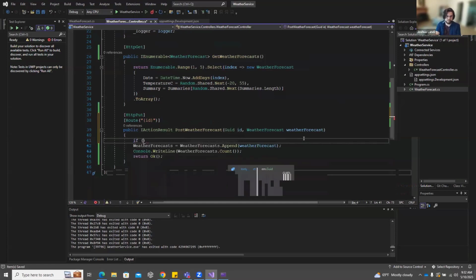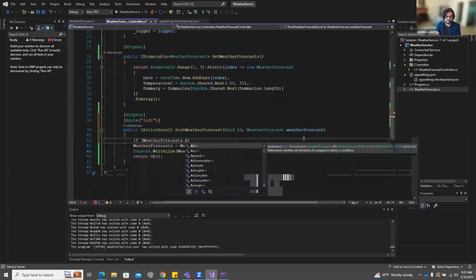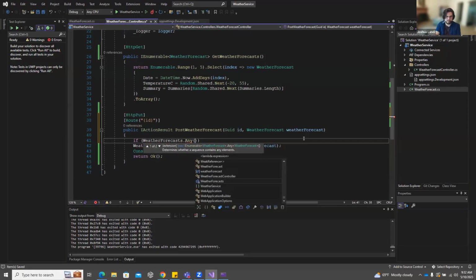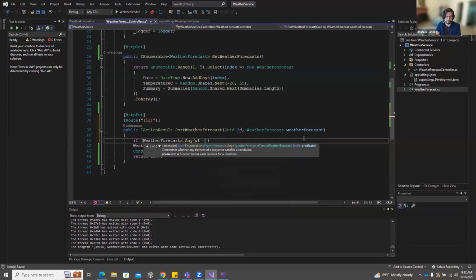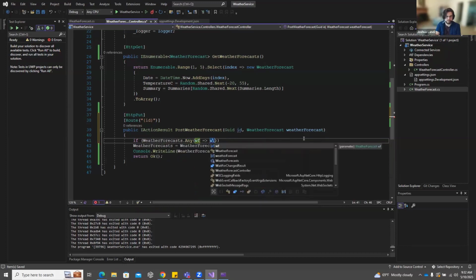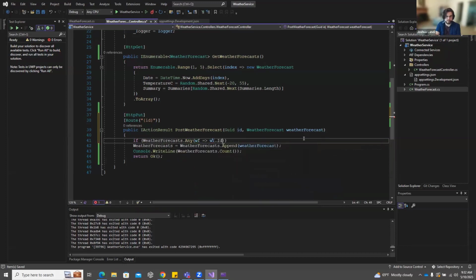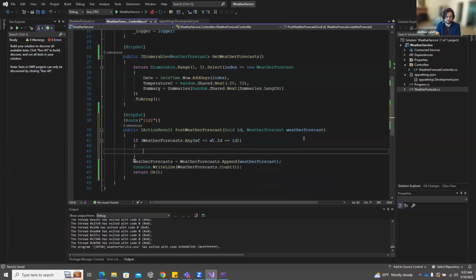So here we'll check if weather forecast dot any. This is a lambda function. ID is equal to ID. So if it does exist, we will get,